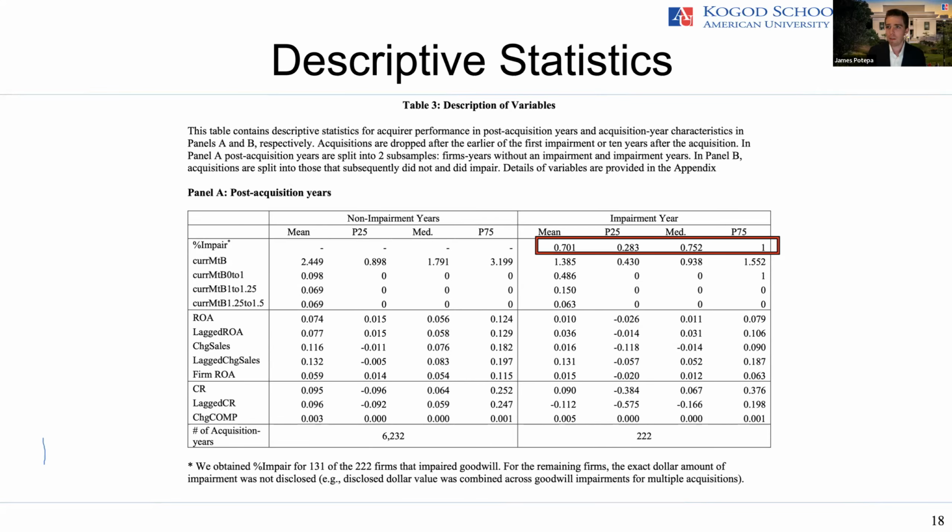I mentioned earlier that we have a model that's focused on just whenever the first impairment occurs. That's all we're interested in. We drop things from there. One of the reasons we do this is because with the first impairment, a majority of the goodwill associated with the transaction is going to disappear. On average, about 70% of the goodwill associated with the transaction is going to be impaired away. And so we have some concerns about following things beyond that because of materiality. Are things going to show up if there's really not much left in terms of goodwill impairments? We do follow that, and it's just hard to tell going forward, given that these would be relatively small amounts.